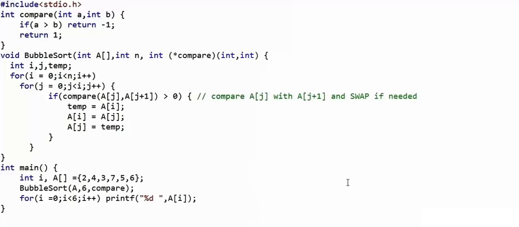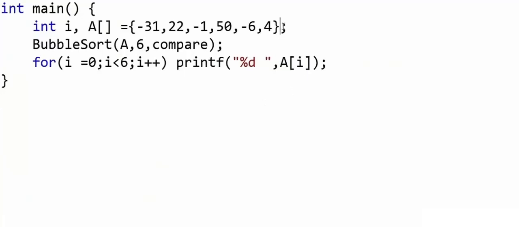I will take one more example. Let's say we have a list of integers with both positive and negative values in it. I have modified A here. A now has both positive and negative values. This time I want to sort this array A in increasing order of the absolute value of integers. So the negative sign will not matter. We will just take a mod and then compare. This array A upon sorting should